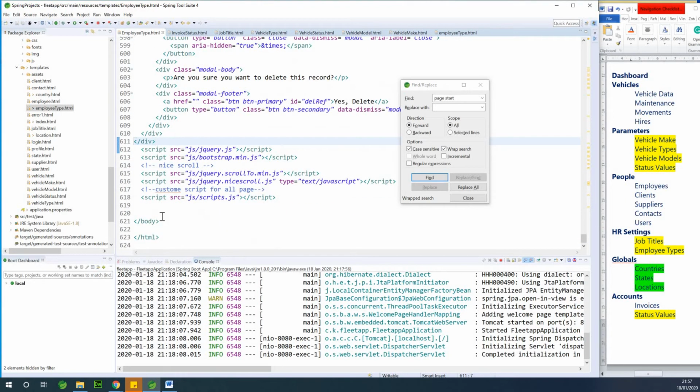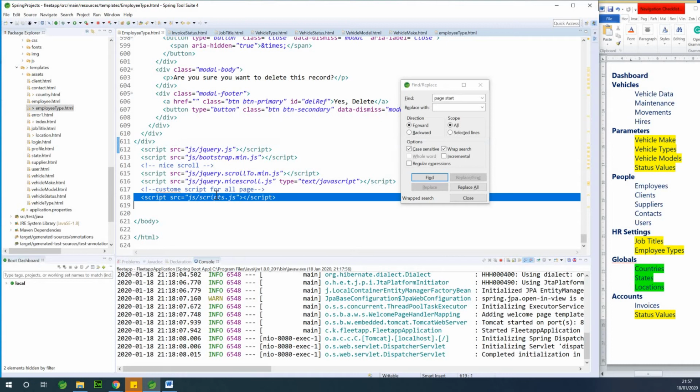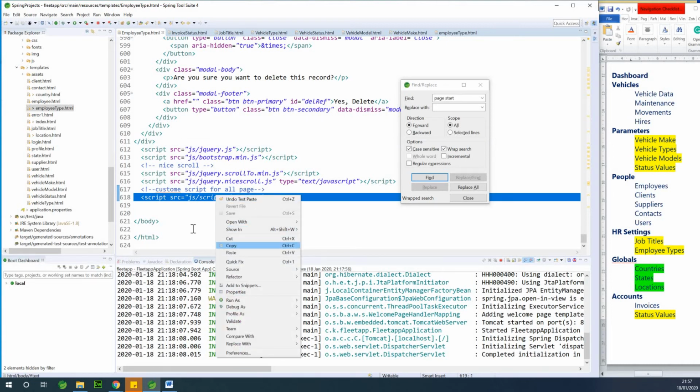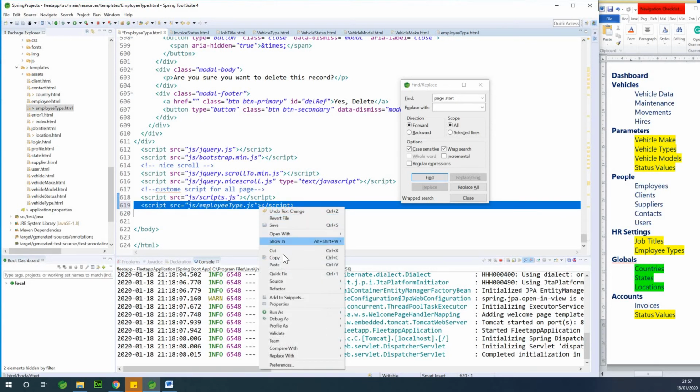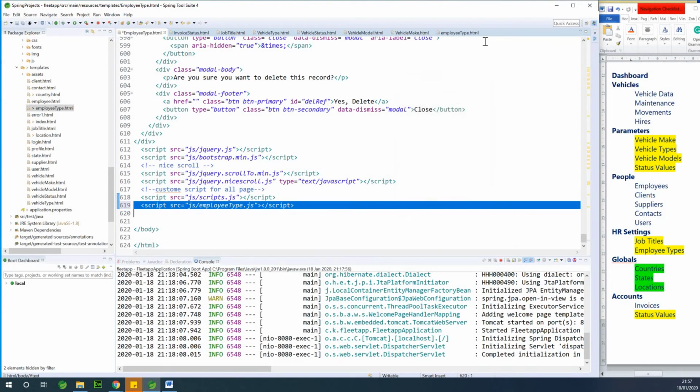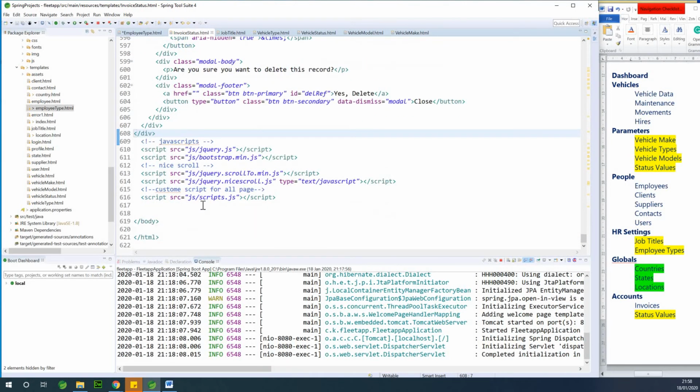And one more thing we need to do, we need to add the script file. So I'm going to just copy this and paste. And I'm going to change this to employee type. And this one is going to be